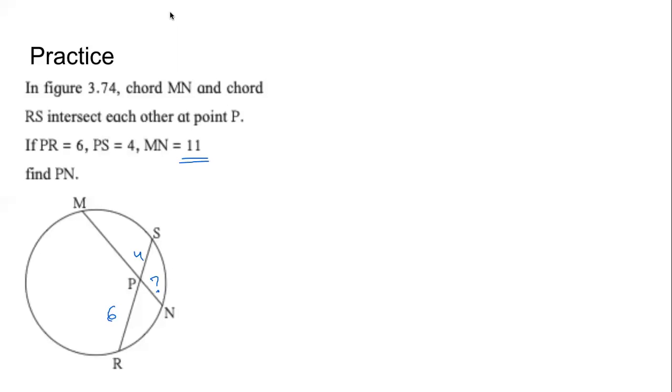Now, using the theorem of internal division of chords, tell me, what can we write here? You tell, I'll write. PR into PN. I'm losing your voice. There are so many things happening on the screen. I'm not able to write properly. I'm opening my textbook. So PR into PS, we can write, will be equal to something.